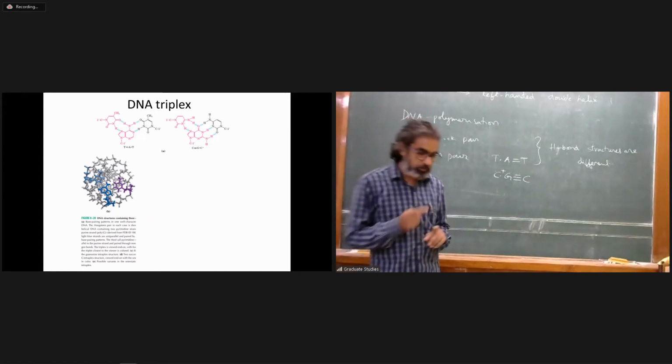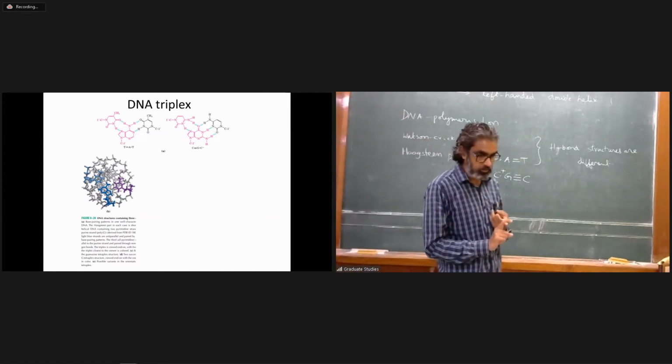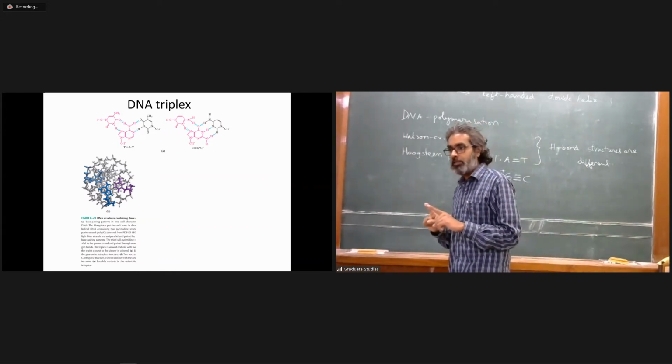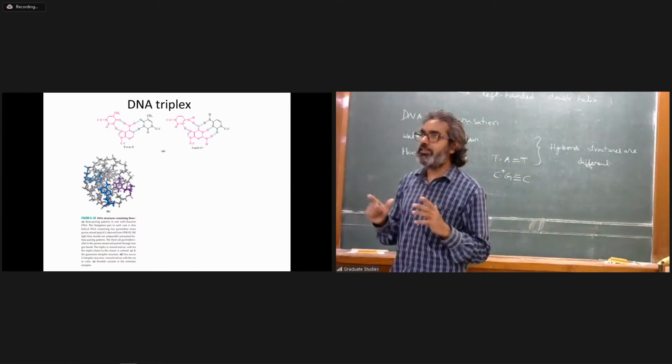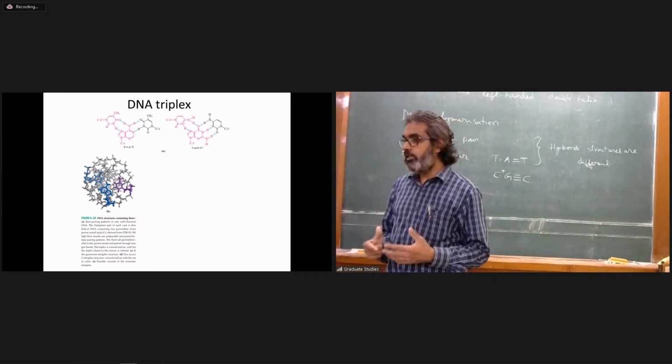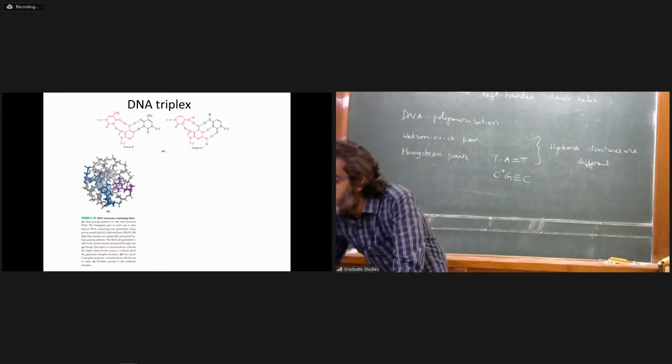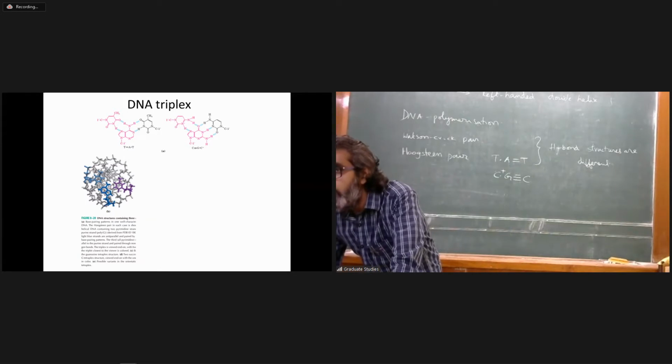This means that the strength of the third strand binding to double-stranded DNA is not as stable as this. But yet you have three strands coming together to form what is called DNA triplets. Okay. What is shown at the bottom is a structure of, if I remember correctly,